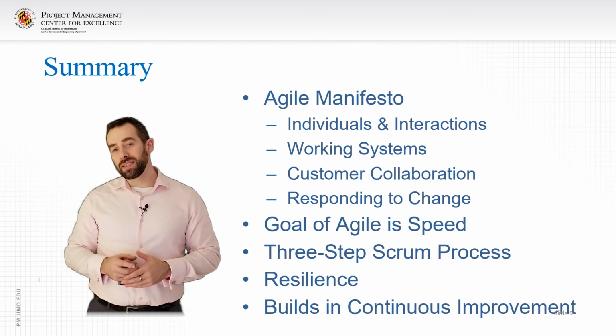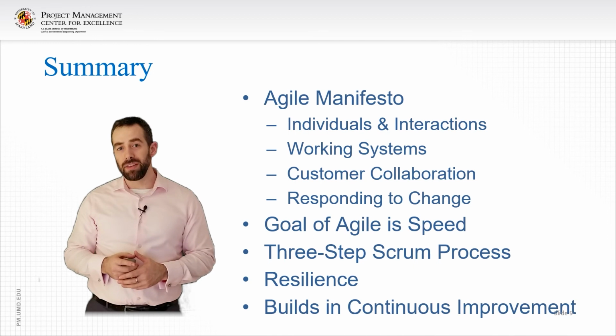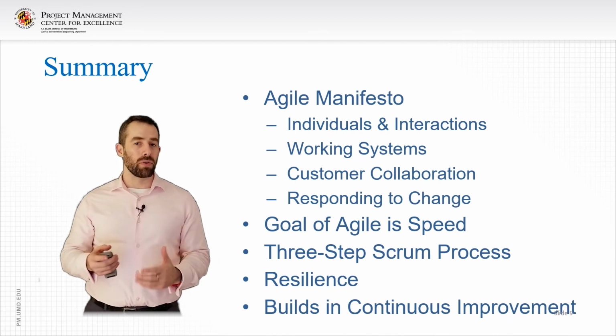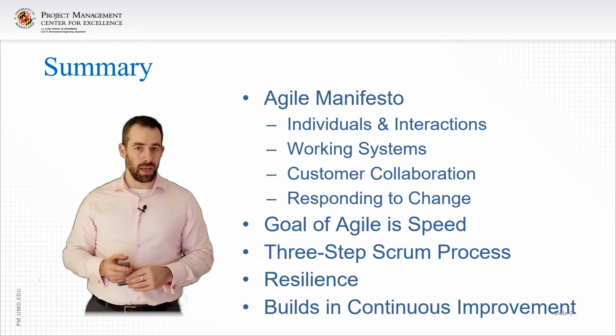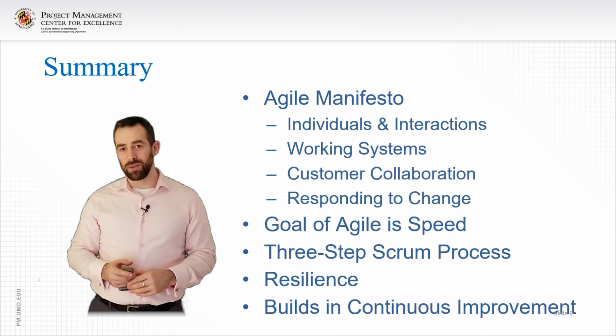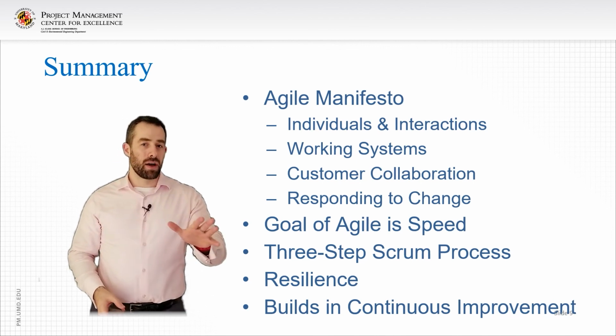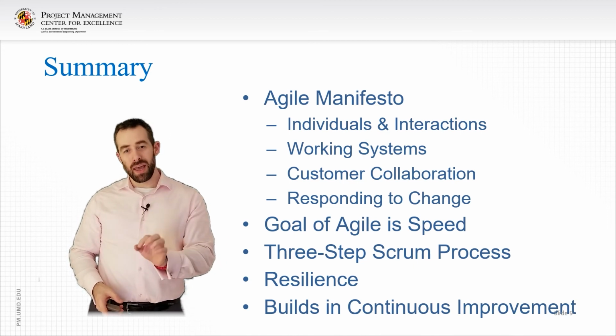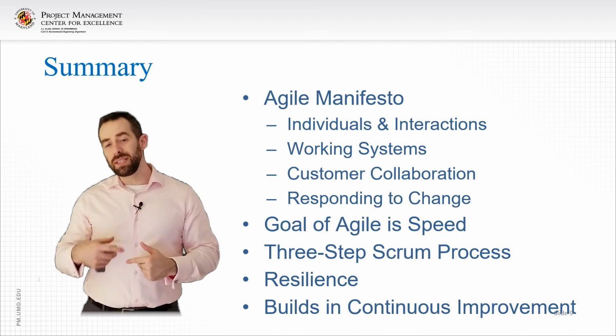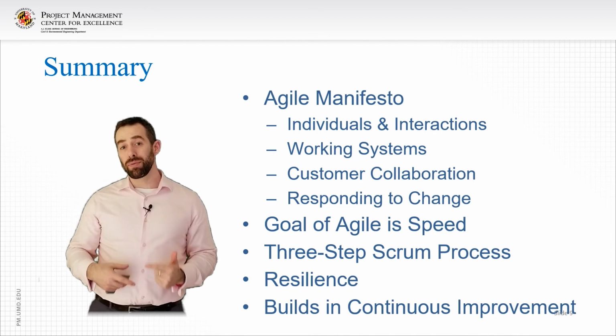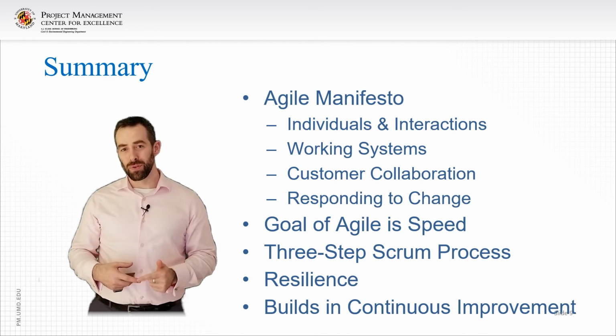So hopefully this lesson has been clear to you and you've been able to get a little bit of a refresher on Agile if you didn't know it already. Or maybe you learned a thing or two about Agile you didn't know. In the next lesson, we're going to go back and talk about traditional and lean, and we're going to dive into the details there about how lean broke the iron triangle. Look forward to seeing you there.